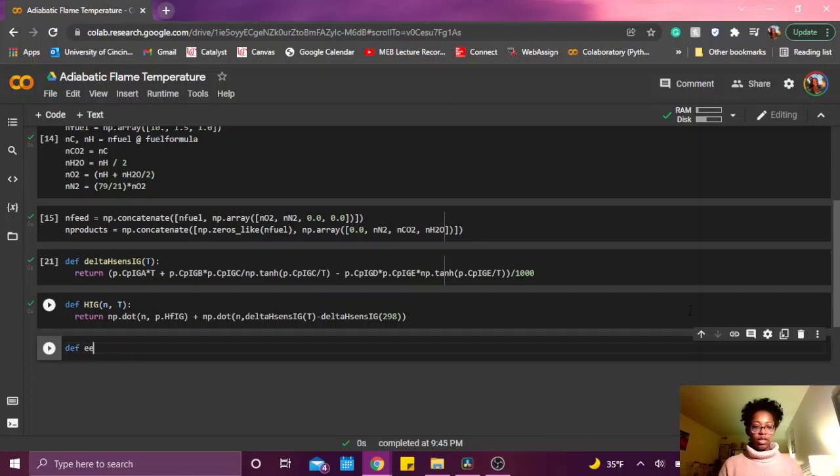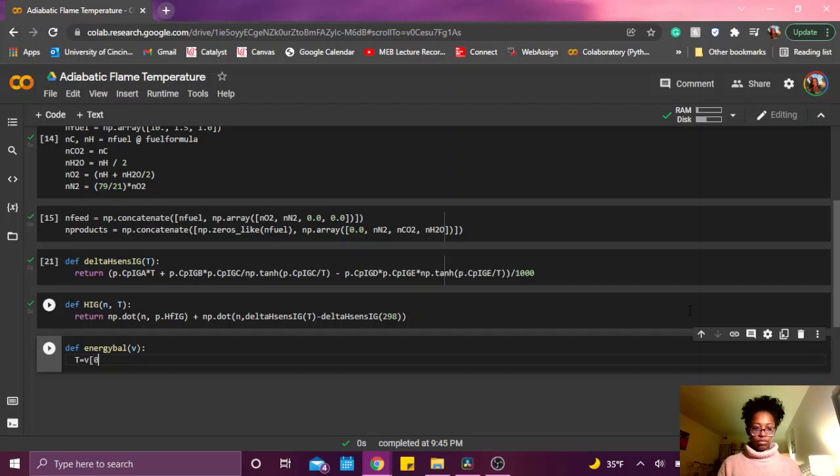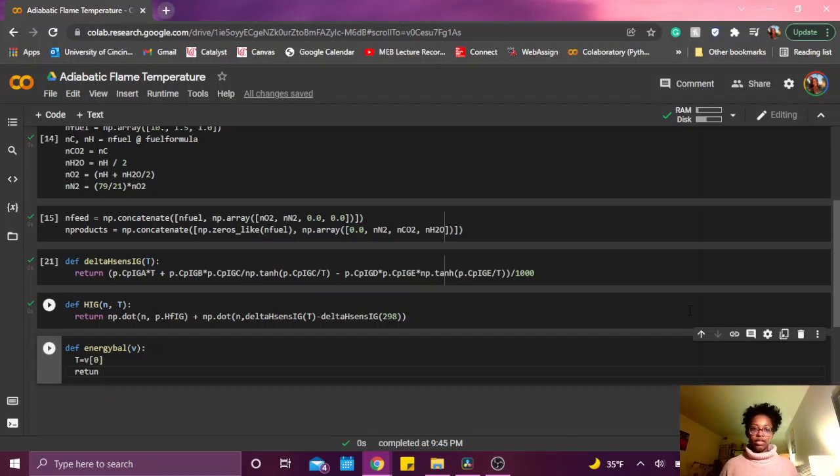So we can define energy balance of V. It'll be a vector, and in this vector, it'll just be one component, which will be the temperature, the first and only component, and then we can return basically just the heat of formation at our initial moles at the initial temperature minus the heat of formation with the final moles,